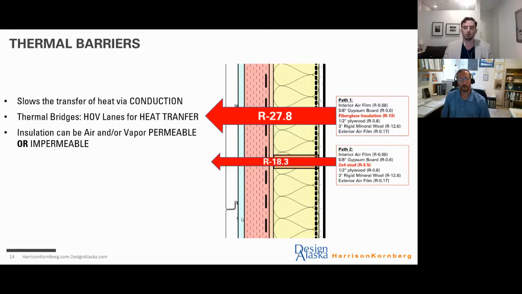But if you look, heat will also transfer through the studs that break up that fiberglass insulation layer, and adding in a stud to break that thermal insulation lowers the R value of that path by like 33%, in this case, a full third. So we really want to limit the number of places that we're letting heat get transferred through the wall in such a